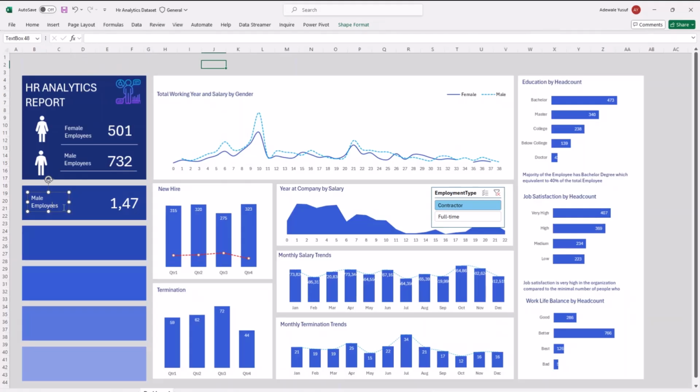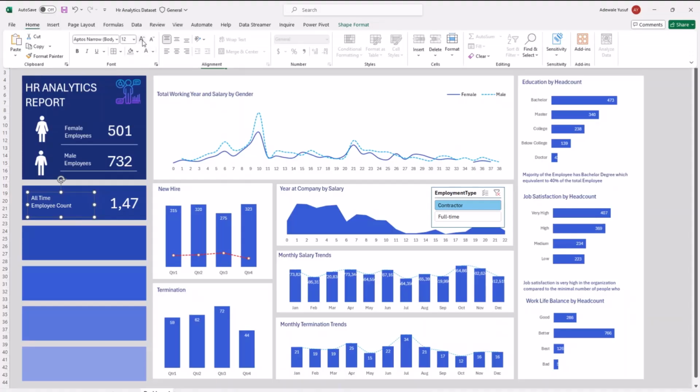This text box, I'm going to call all-time employee count. Maybe I should increase the size of this a little bit.